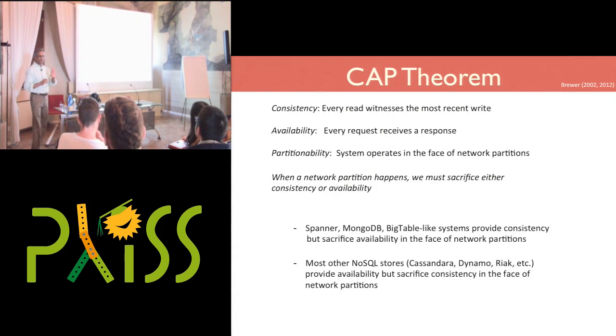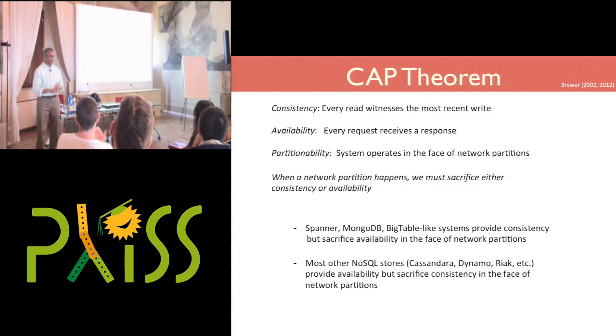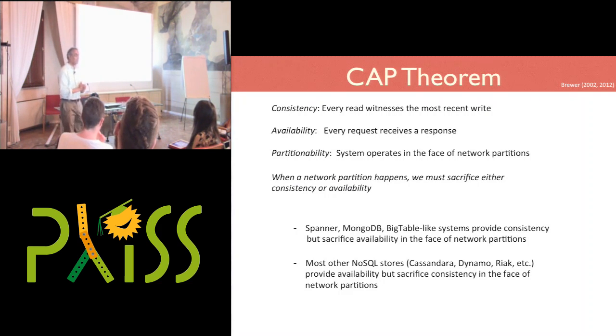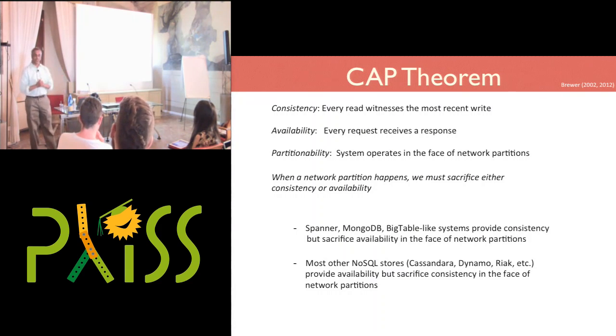There are three notions that we've introduced informally so far. The first is consistency. What values can I read, based on the values that have been written? The second is availability. How fast can I get a response to a particular query that I make? If I want to read the value of x, how long do I have to wait to get that value back? And partitionability. I'm living in a network, in a distributed system, and I know that things are going to fail. So what do I do when things fail?